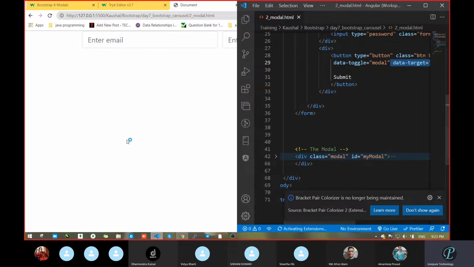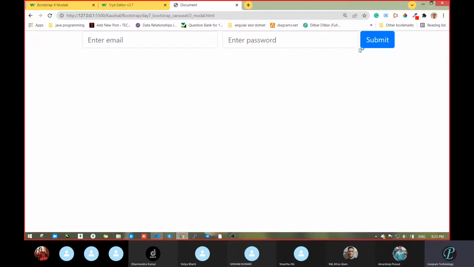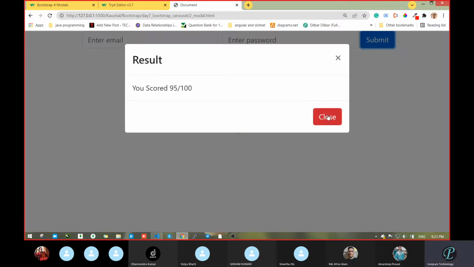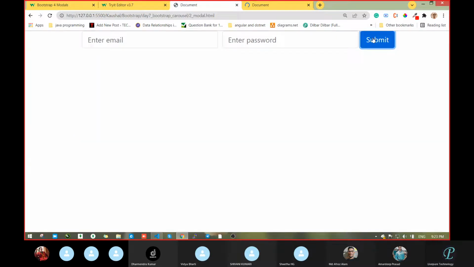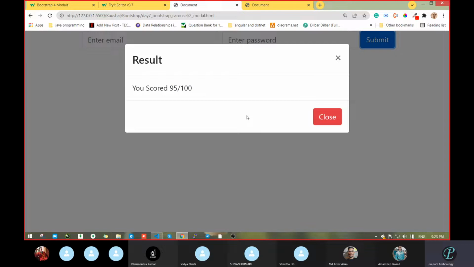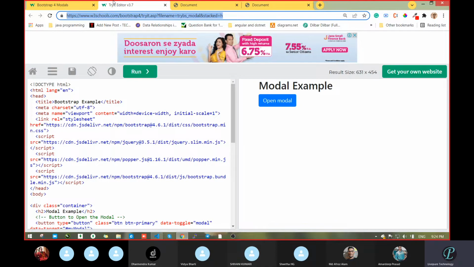Okay, there is one option. See, how many ways we can dismiss this modal: when we click on close, it is going to close. If we click on this one, it will close. But I do not want it to dismiss if we click outside, meaning anywhere except these two buttons. I do not want to dismiss it as it does now. How can we do that? Any idea? Because we have already given the button. I do not want the modal to close if we click outside. Anyone have an idea?